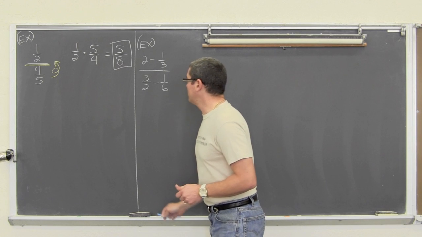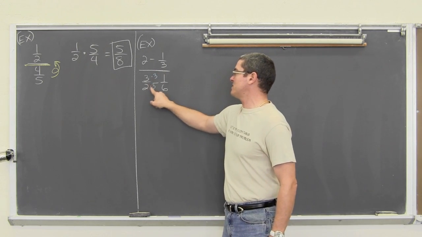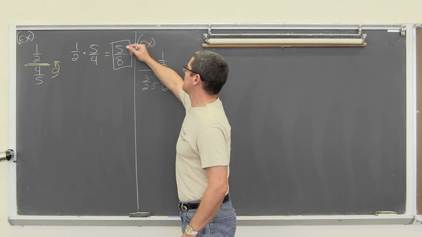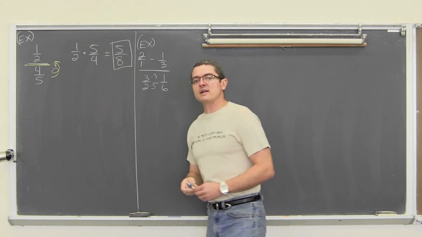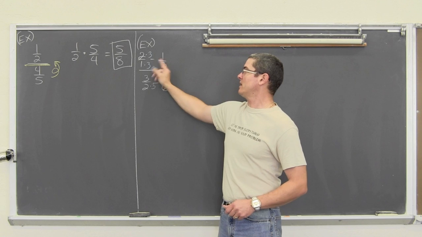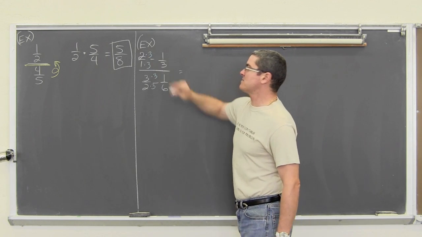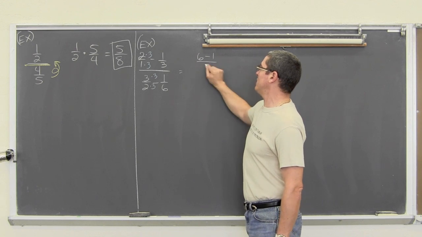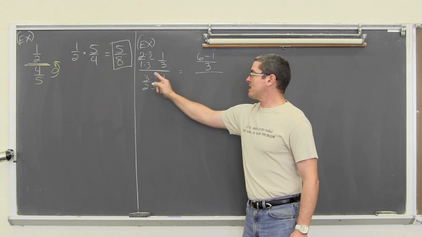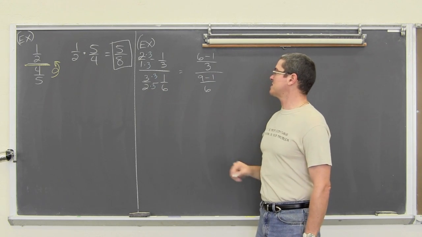So we're going to find a common denominator here by multiplying top and bottom by 3 to get that 3 times 2, which is 6. This 2 can be rewritten as 2 over 1, so that's going to get multiplied in the numerator and denominator by, again, 3, so we can get that common denominator of 3. When we do that, I get 2 times 3, which is equal to 6, minus 1 over a common denominator of 3. And 3 times 3 is 9, so 9 minus 1 over that common denominator of 6.